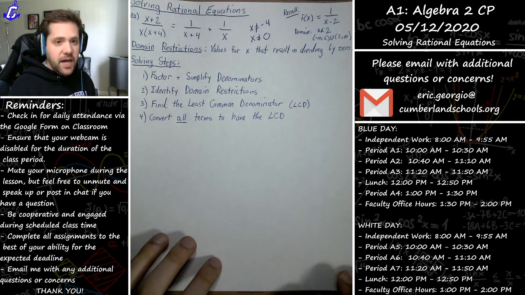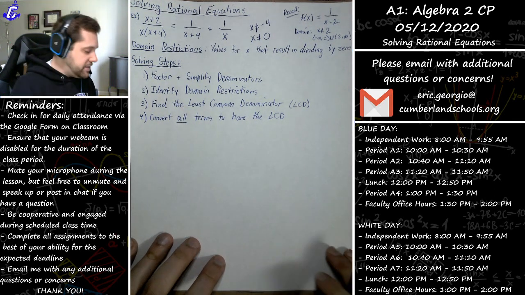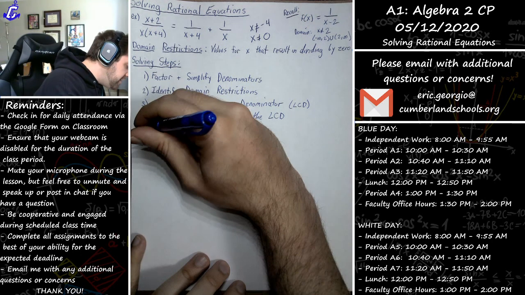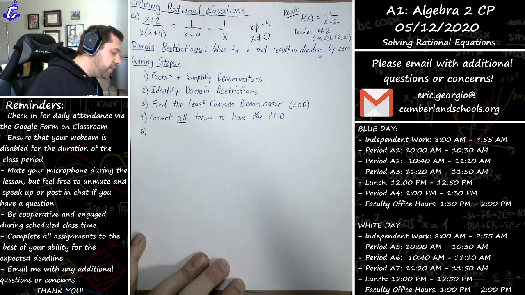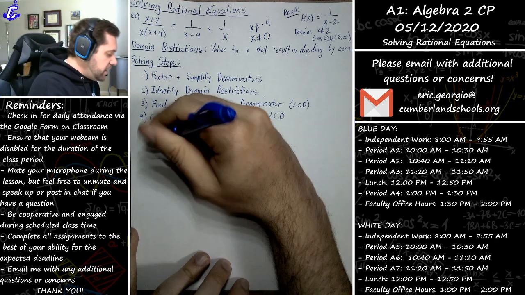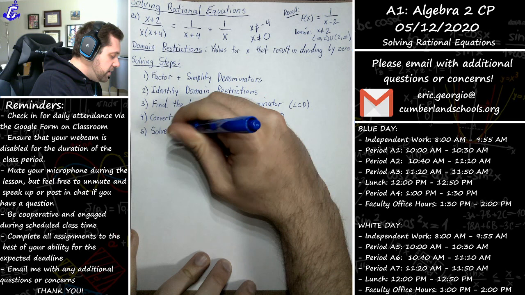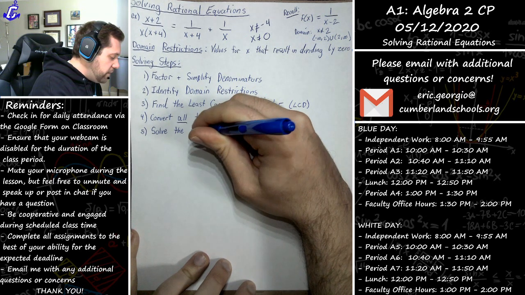Remember, least common denominator is often abbreviated as LCD. We talked all about the least common denominator last class. And then lastly, number 5 is once they're all converted to the same least common denominator, we can really just shift our attention to the numerator and solve the numerators,